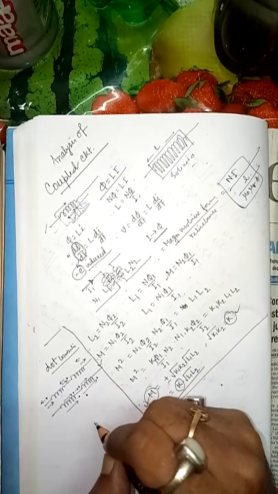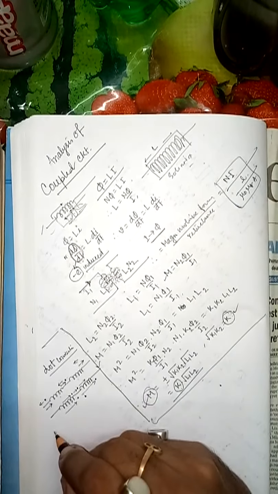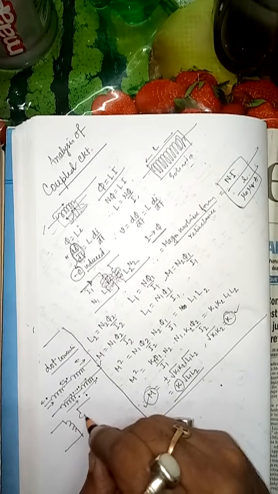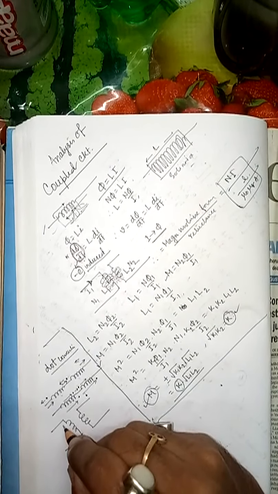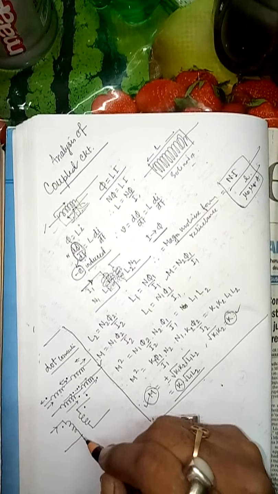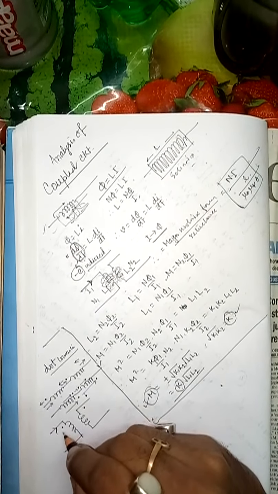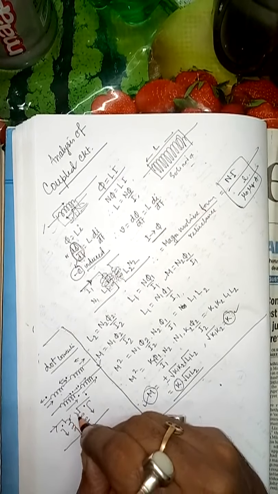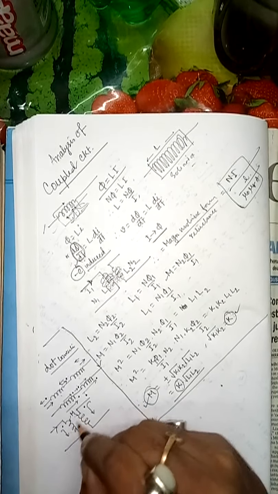So actually I want to speak in this way, if you are considering one coil and there is another coil, so here two dots are given in this way. If the current is flowing in this particular direction, obviously it is entering and it is entering. So here, if you are considering the M, the M terms are additive to this.